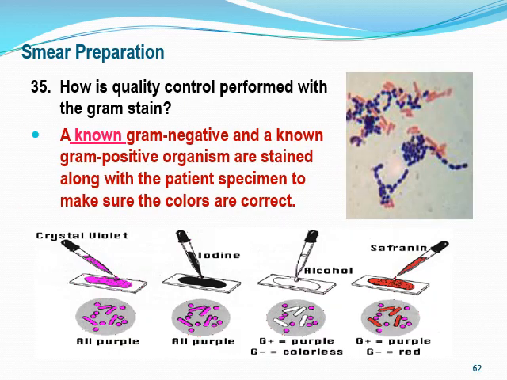So quality control, right? We always got to run quality control. And the way we do this is we take a known, okay, that's your key word, known. A known gram negative and a known gram positive organism are stained along with the patient specimen to make sure the colors are correct. So you do your known gram negative, your known gram positive, and your patient all at